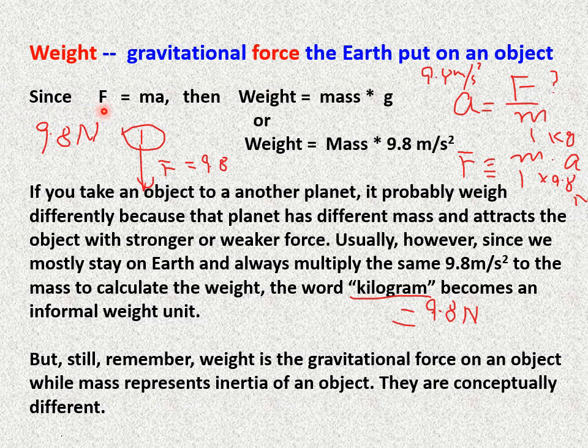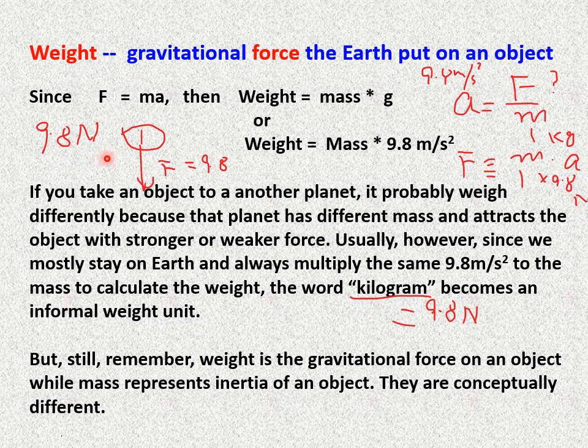This is a very common form of writing Newton's second law, which is simply a multiplication, and there's another form of Newton's second law. If you have a 1 kilogram object, for example, it will accelerate at 9.8 meters per second squared. The mass times the gravitational acceleration is then equal to the gravitational force. Remember, the gravitational force, not any force, will be mass times 9.8. That's the force. So the force is 9.8 newtons.